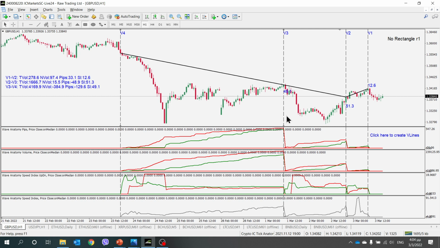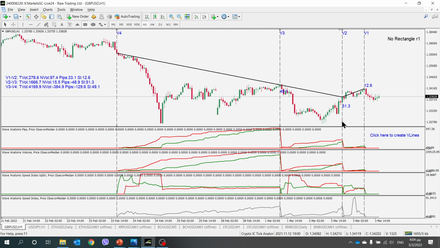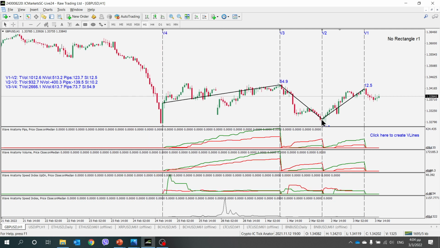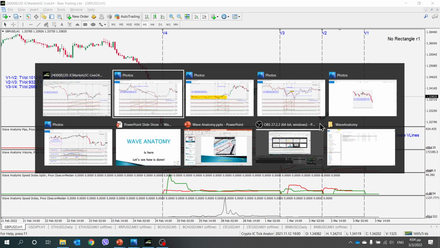But let me also point out again that this is not for people that just want a buy or a sell signal. This is for analyzing. It would be very good for scalpers to catch the turning points. This is the latest news, and